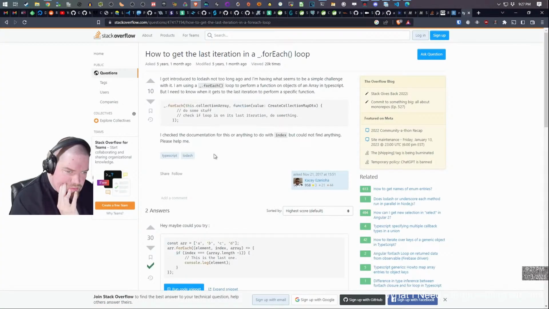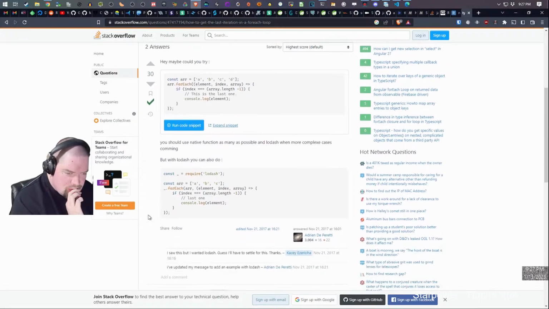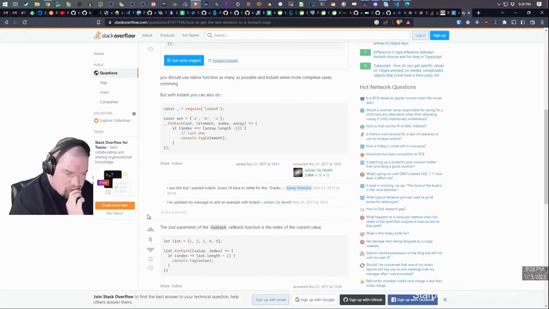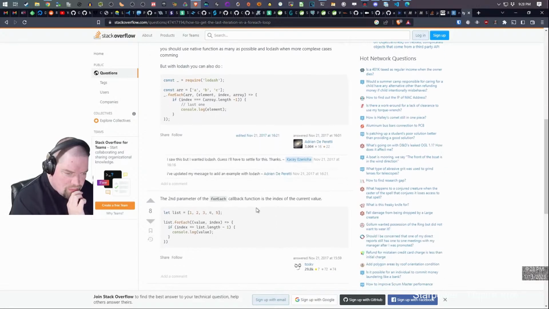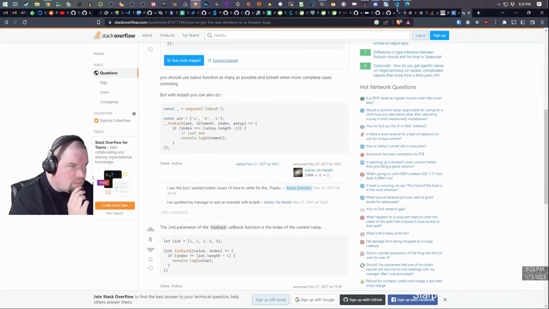Oh, okay, you can actually get an index on your for each. The second parameter of the for each callback function is the index of the current value. Yeah, okay. That works.